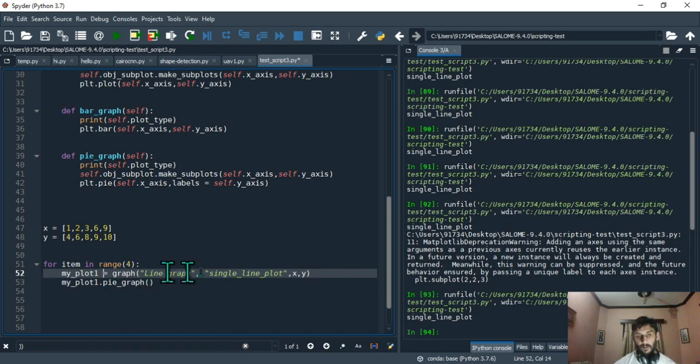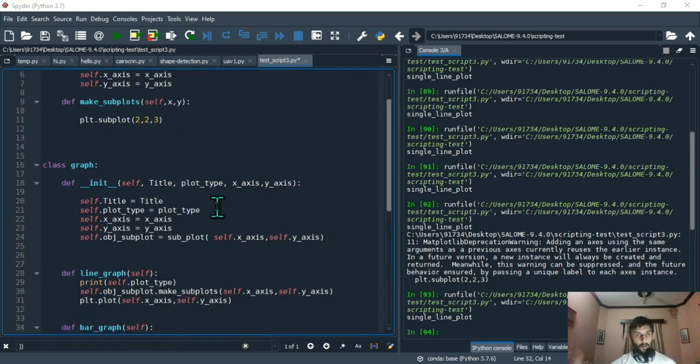After the initialization is done, you have your attributes set, everything, and then you say myplot1.py_graph. The end product which we want to get is that we want to populate our subplot. Now let's look at the command of the subplot. So what do we have here? You give your matrix. For example, if you want 4 figures on your subplot, then you're going to say 2 comma 2. In case you want 9 photos, then you're going to say 3 comma 3. If you want 6 photos with 2 rows and 3 columns, then you're going to say 2 comma 3.